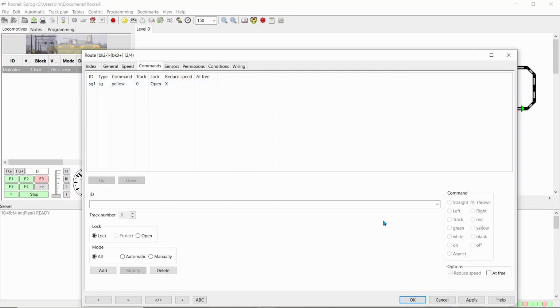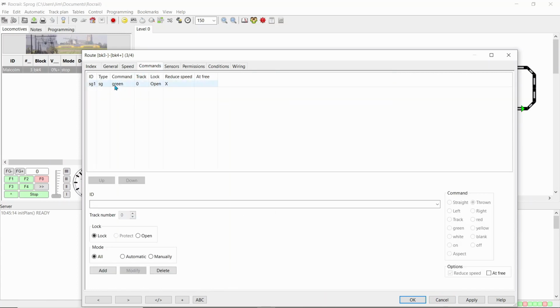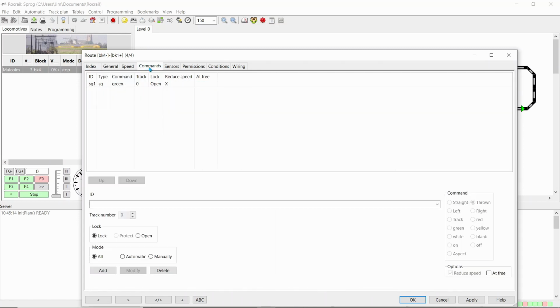So same again, I just added it in and gave the command yellow and apply. If I go to block 3 to 4, commands, we want it to be green, and from block 4 to block 1 I want it to be green, so therefore it's set to green as well.